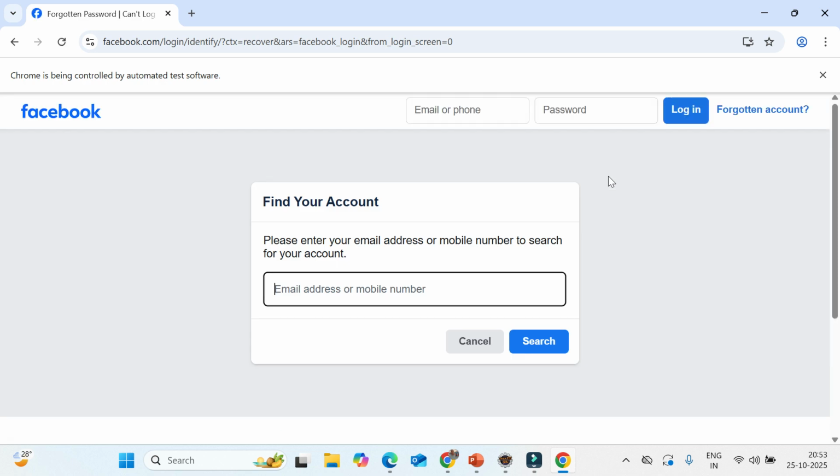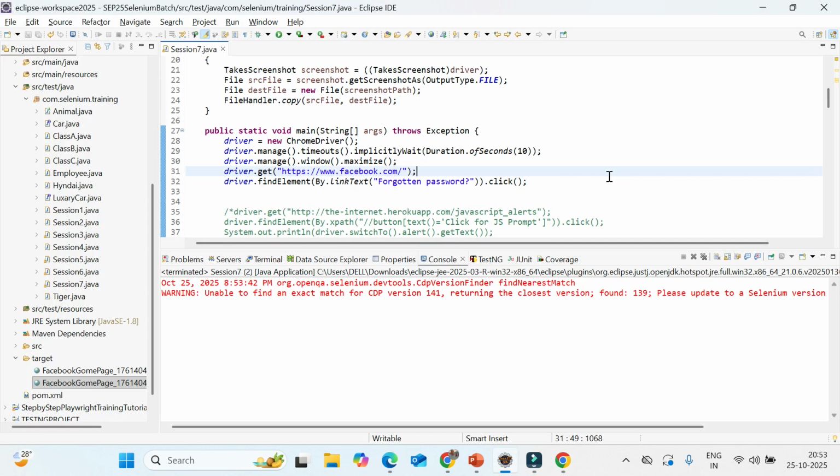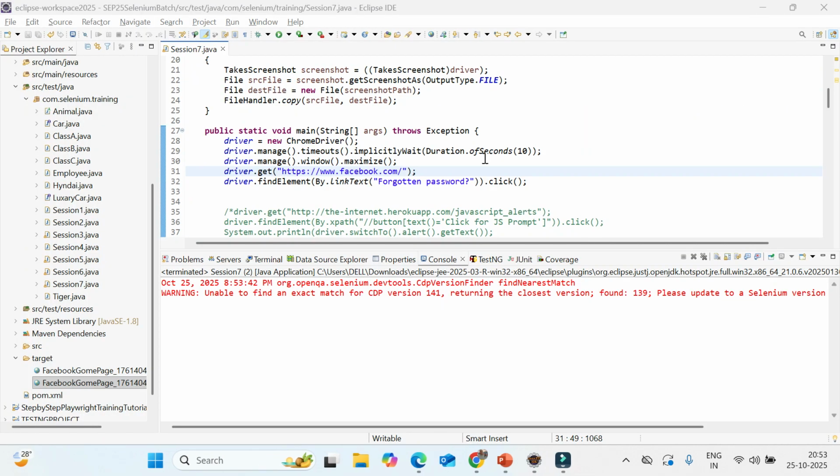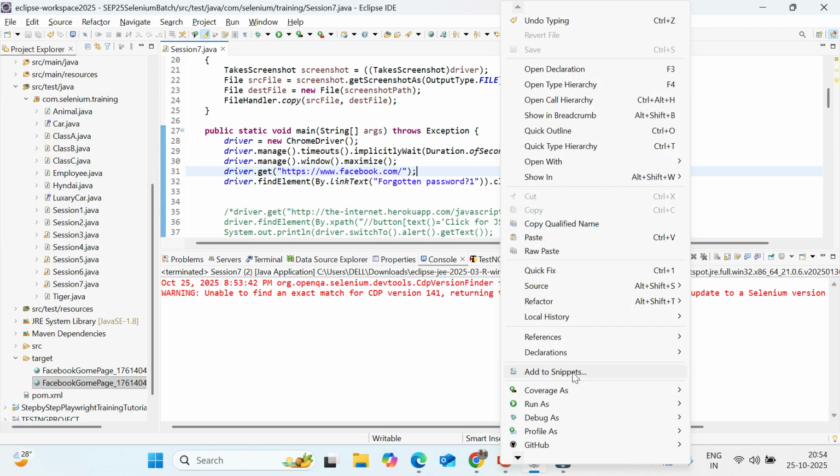Okay, you could see the test case got passed. There is no failure because it's happening in 1 second. But say you are intentionally making some mistake here. You are not giving the proper thing, or maybe the page is not fully loaded in 10 seconds. So what will happen? It will wait a maximum of 10 seconds, then it will throw the error called NoSuchElementException